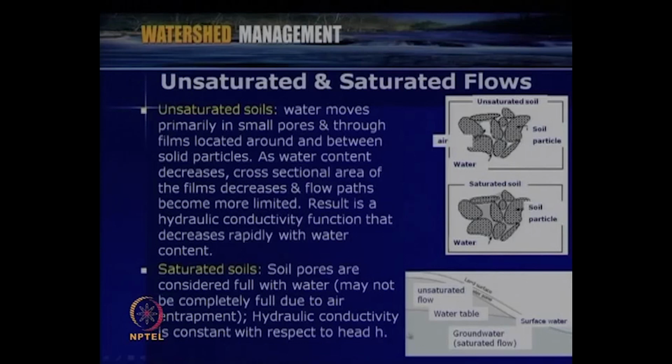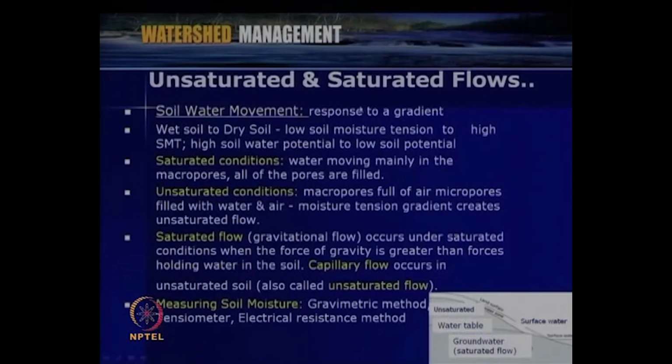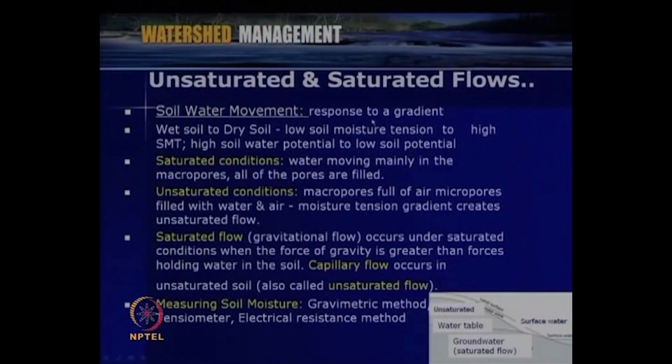So, that way, this so-called unsaturated flow depends upon how much infiltration is taking place, and what kind of soil it is. Accordingly, the water availability within the unsaturated zone and the water movement through the saturated flow condition takes place. As far as soil water movement is concerned, it is generally a response to a gradient. It depends upon how much the pressure or the gradient is, and accordingly the soil water movement takes